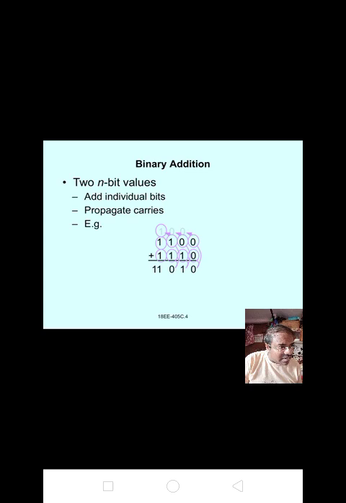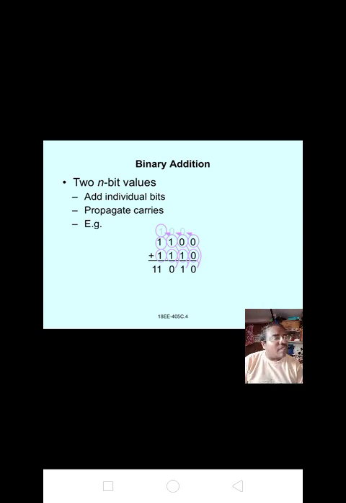Now this 1 1 0 0 means 6? How many numbers are there? 4. What is the code? 8 4 2 1. Okay. Next. What is the value? 8 plus 4, 12. Next is this one. 8 plus 4 is 12, plus 2 is 14. 4 plus 2, 6, plus 2, 1 plus 1, 2. 26. See, 26. Simple.